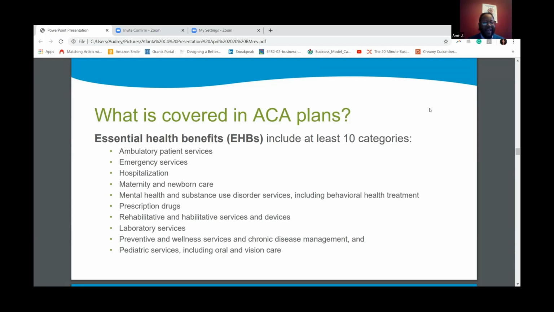Okay, great. So what is actually covered under ACA plans? As you can see, at least 10 of these categories are included on every plan that you will see on the exchange. Hospitalization, emergency services, preventative screenings and wellness exams, all of that is covered under the exchange. I would also add to let folks know as it relates to COVID-19, tests and screenings for COVID are also included at this time under ACA plans, should they be needed. Each insurance provider is doing things slightly different around treatment, but the actual tests are included on exchange-based plans. Next slide, please.